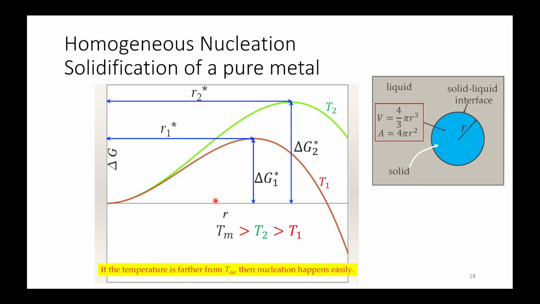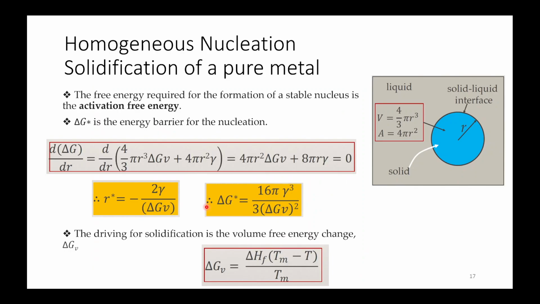Ma'am, why is that volume energy taken as negative? Free energy for volume is taken as negative in the first graph, and surface free energy is taken as positive. Why? When you think about the formation of a nucleus, volume energy is what is coming